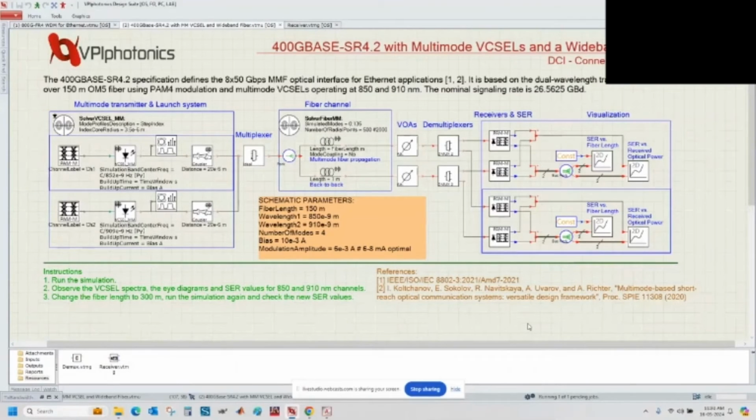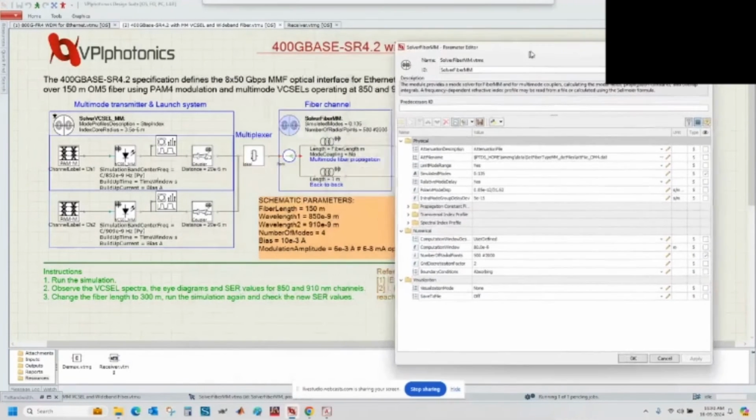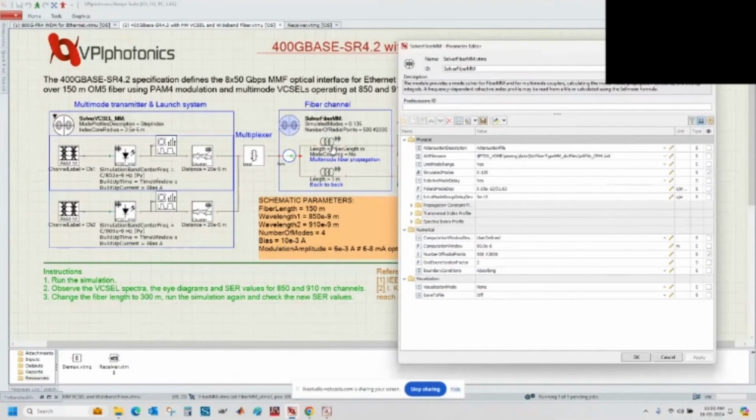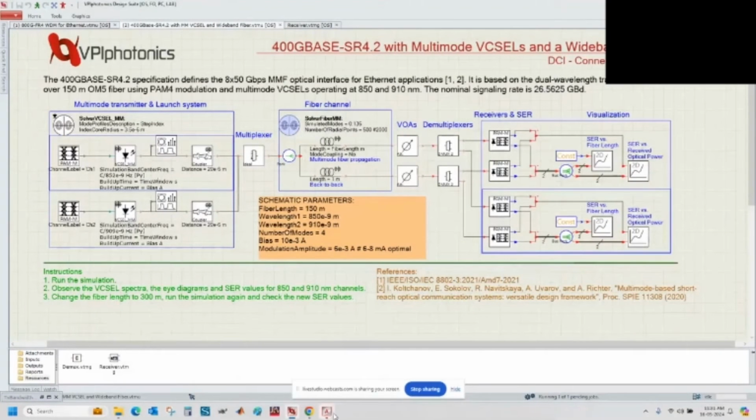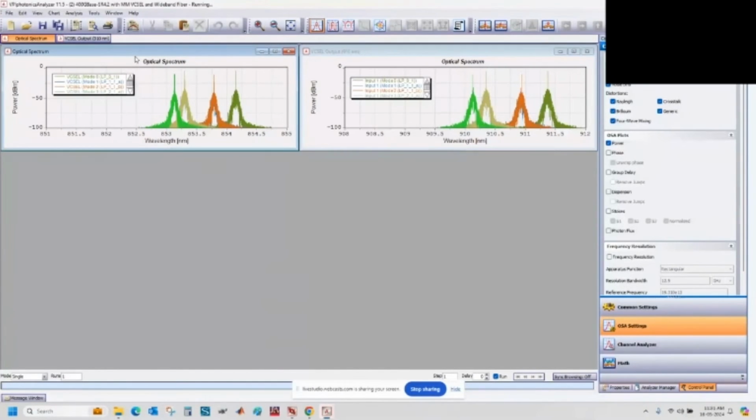This takes just 1 minute to run with the specified number of symbols being simulated. And as you see, for these models, like the multimode fiber and the multimode VCSEL, we have these solvers, which work together with these modules. And the multimode fiber here, in addition to attenuation, accounts for the dispersion effects, including modal dispersion as well as chromatic dispersion. So if we go here, we start to see the results,